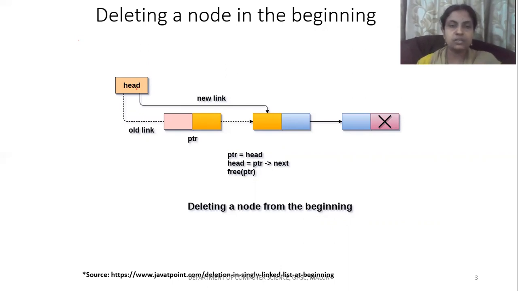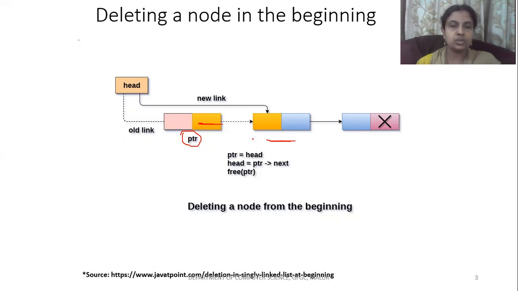So that means whatever is the, see this we call it as PTR. What is stored in the next part of PTR? So what will be shown here? The address of the next node. So the address of the next node will be stored here. We need to identify the address of your first node, which is stored in the next position. Okay, so the address part of the first node has to be found.